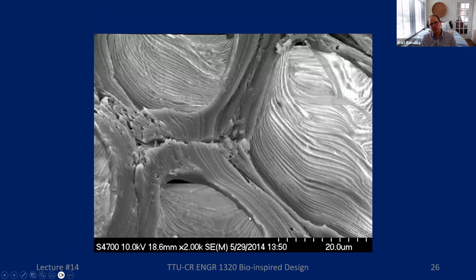Here's another one. There's another one. You can see there's clear distinctions between them, right? It's not just one big piece of material. There's a break here. This is not because they've been disrupted. This is on purpose, right? And the reason is that, again, something you'll learn in materials is that fractures don't want to go across boundaries,